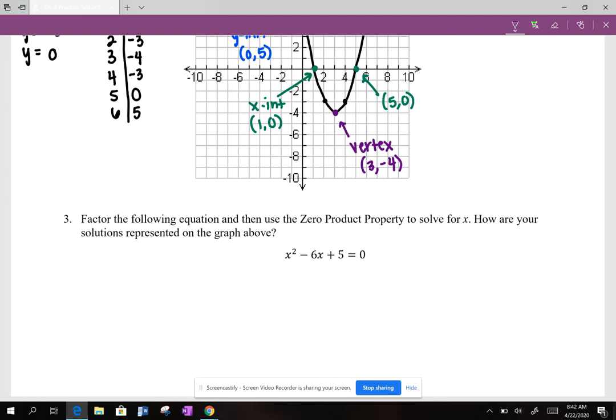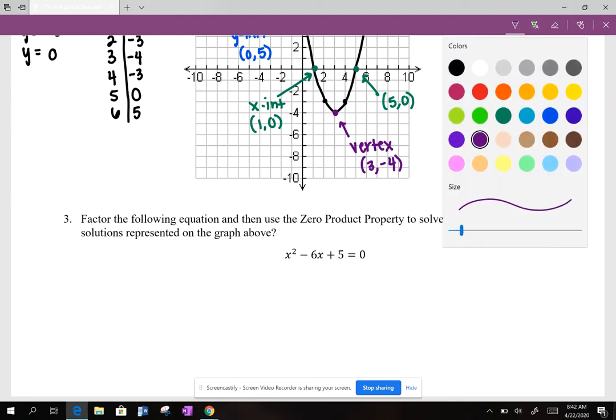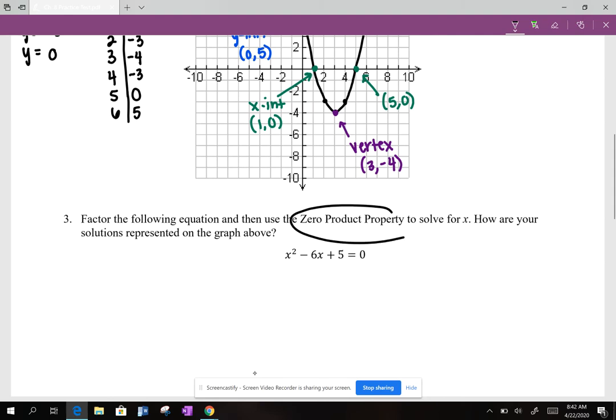Number 3 says factor the following equation and then use the zero product property to solve for x. How are your solutions represented on the graph above? Okay, to use the zero product property, I'm going to have to factor first and then set each factor equal to 0. So let's factor